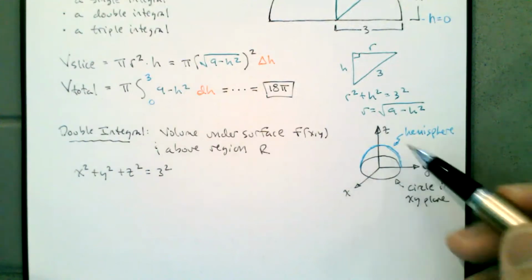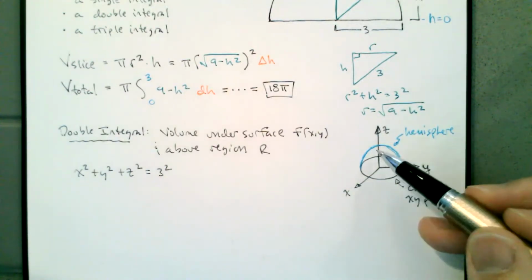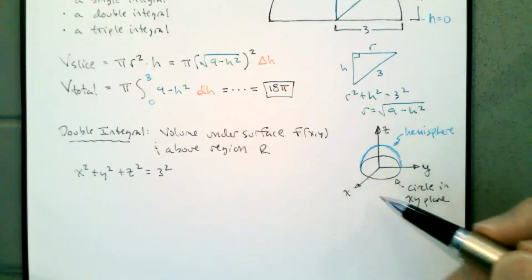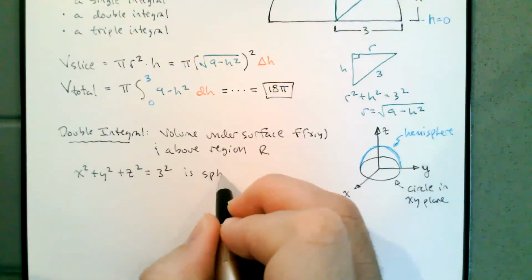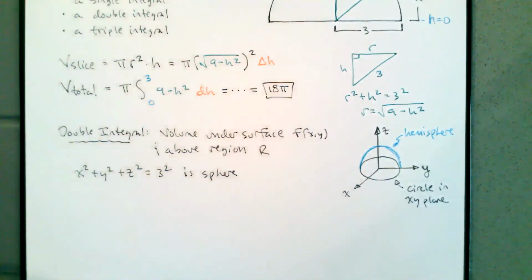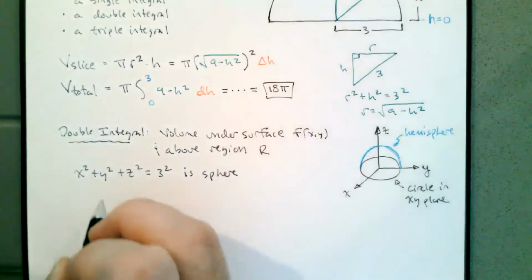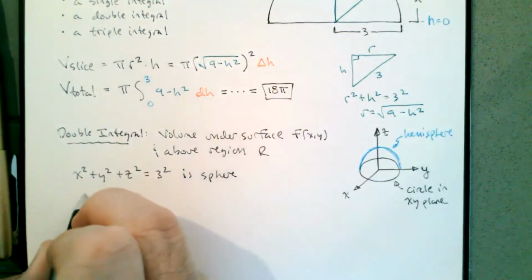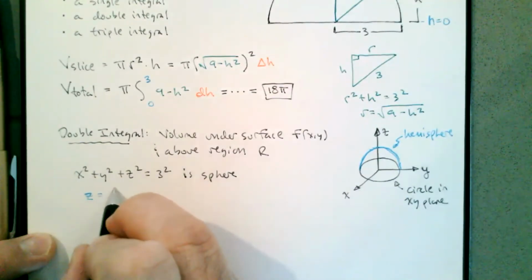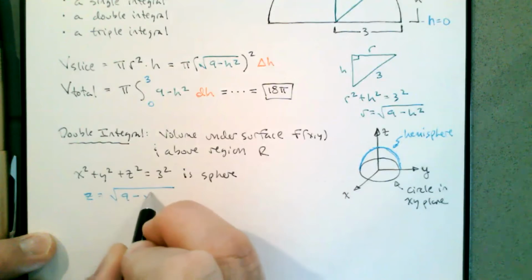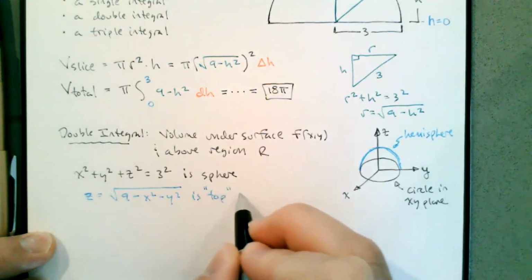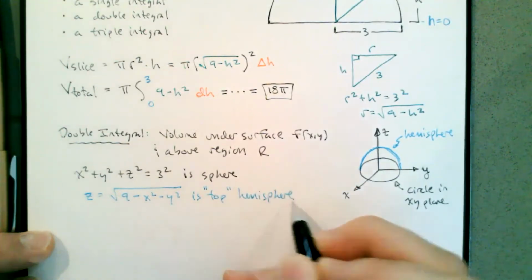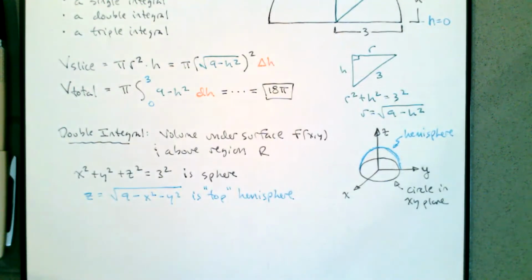I think of the positive x as the front and the back, the positive y as the right, and the negative y as the left. Positive z will be the top, negative z will be the bottom. So the top part of the sphere, x squared plus y squared plus z squared equals 3 squared, is a sphere. If I solve this for z, that'll give us the top hemisphere, the positive square root of 9 minus x squared minus y squared. So z equals the square root of 9 minus x squared minus y squared can be the top hemisphere,